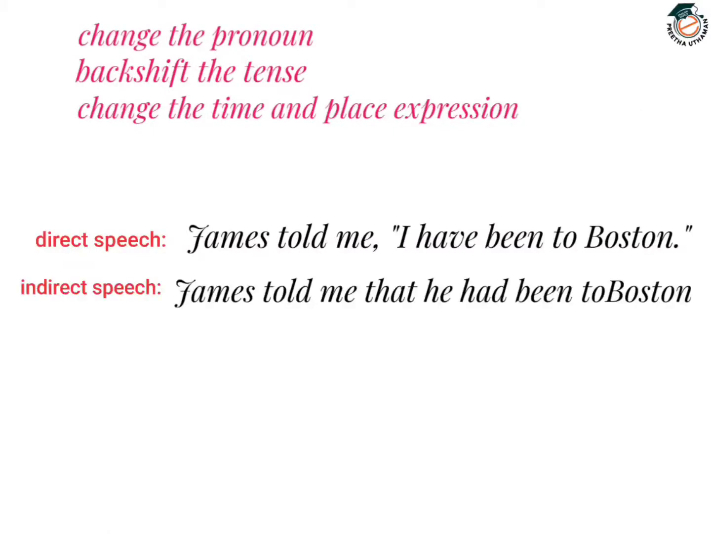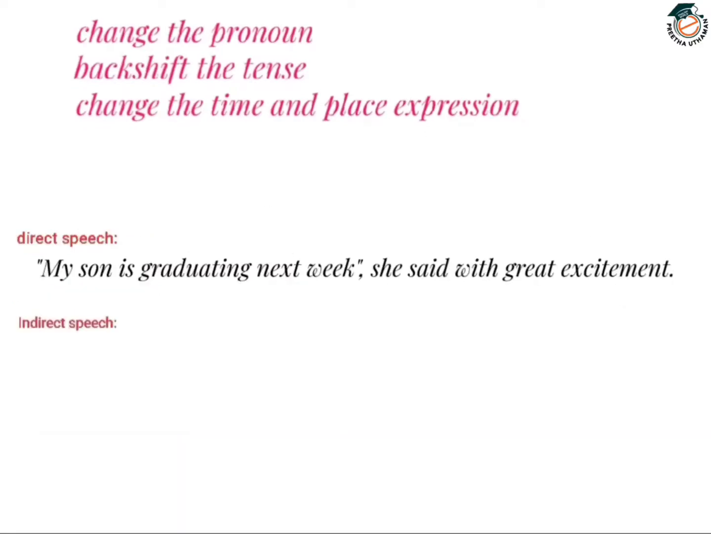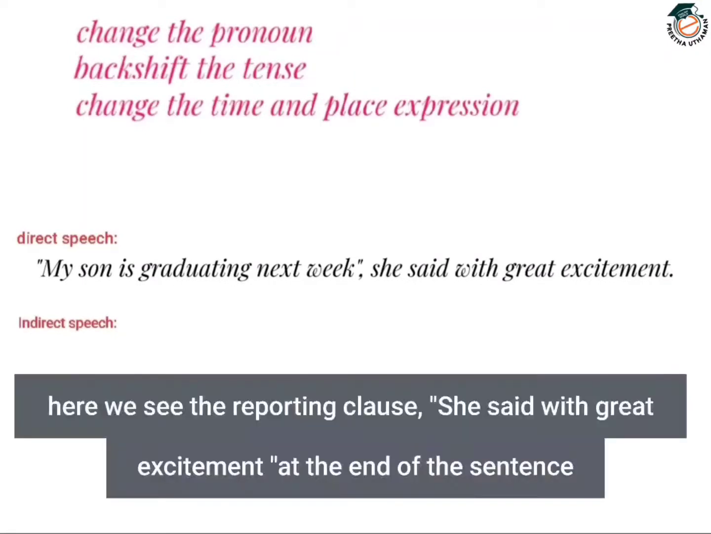The reported speech is James told me that he had been to Boston. The pronoun I changed to he, have been, present perfect, changed to had been, past perfect. So present perfect is changed to past perfect. Number 4. "My son is graduating next week," she said with great excitement. Now this is a little different. Here we see the reporting clause, she said with great excitement, at the end of the sentence. So what do